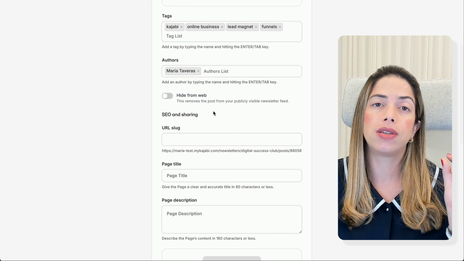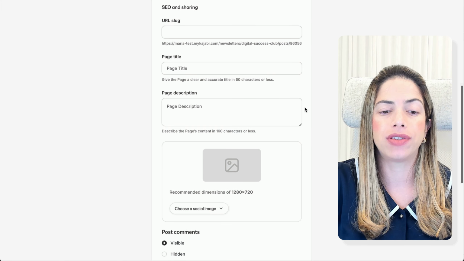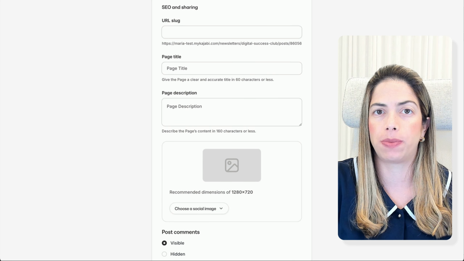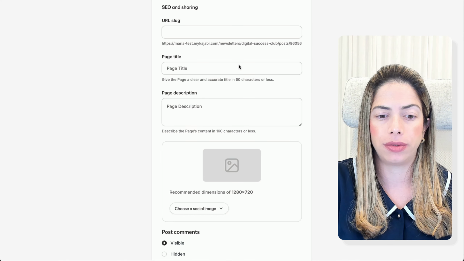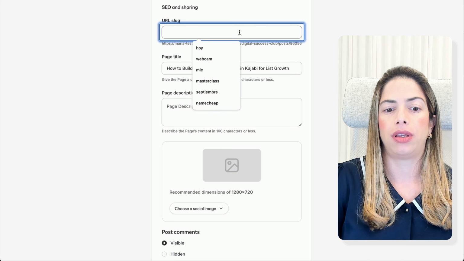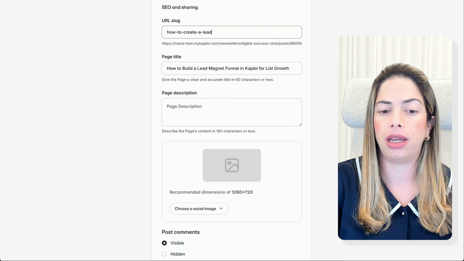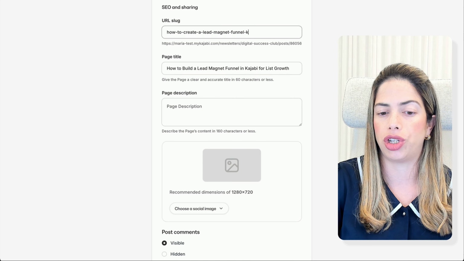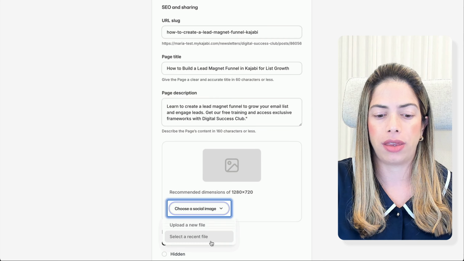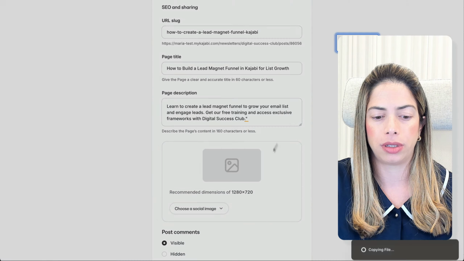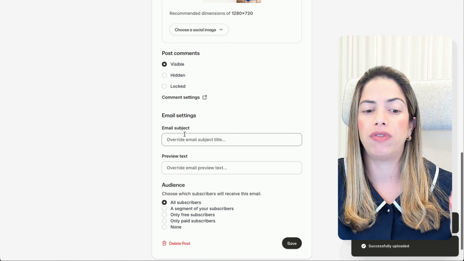If I don't want this post to be on my website, I have to click hide, and I have to complete the SEO and sharing settings for this post. So for example, I can have here a title. This post would be how to create a lead magnet funnel Kajabi. Add a description, add the SEO image. And if I want comments on this specific post to be hidden, visible, or locked,